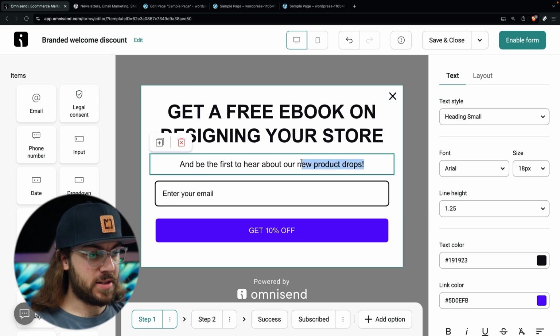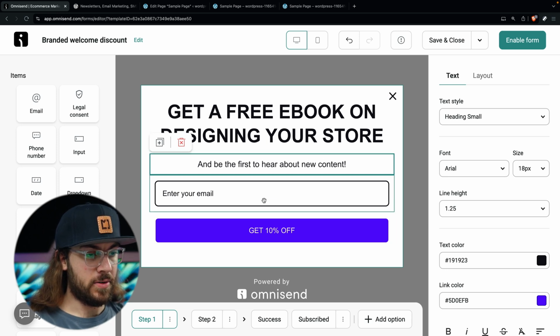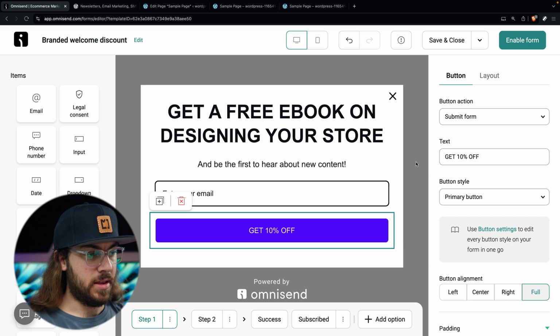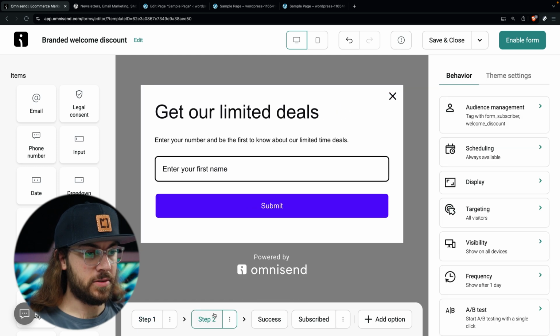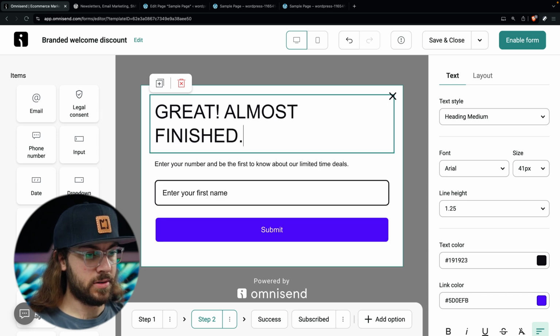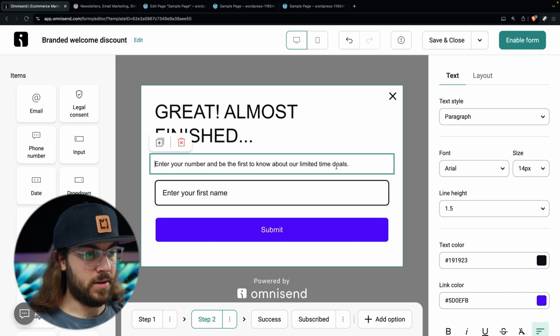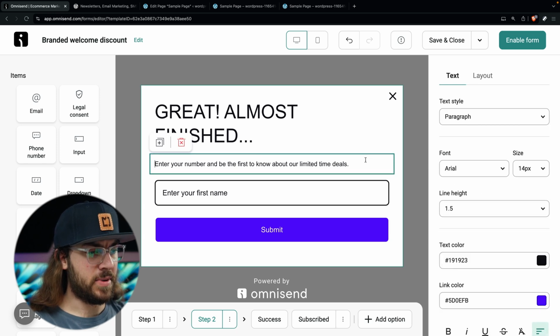And be the first to hear about new content. Okay, great. So enter your email, and then maybe this button says get the ebook. And then step 2 will be great, almost finished. And then maybe something for our copy like